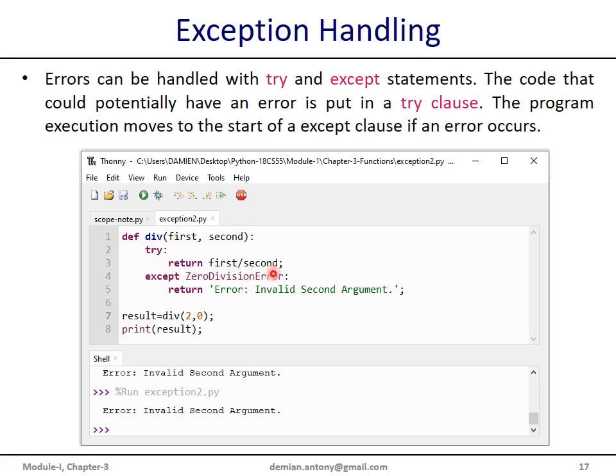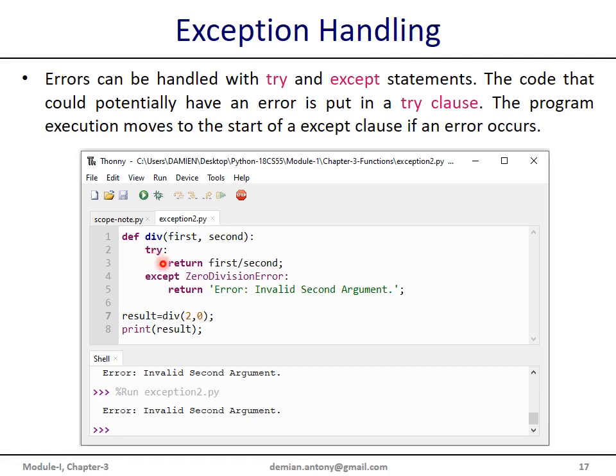The try clause normally should contain the code that could potentially result in an error. We have kept this floating point division statement, which might result in an exception due to the second operand with the value 0.